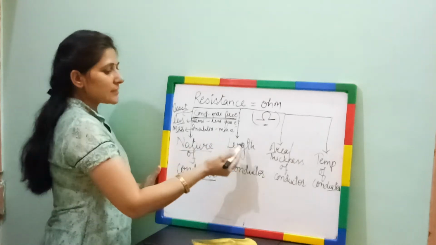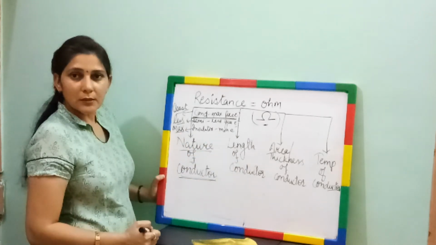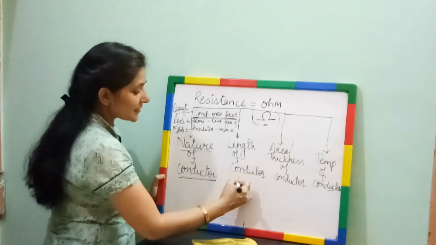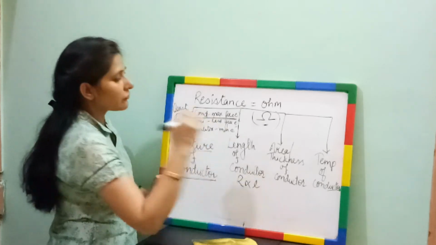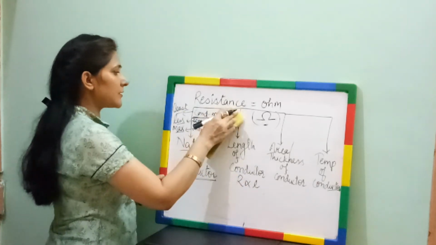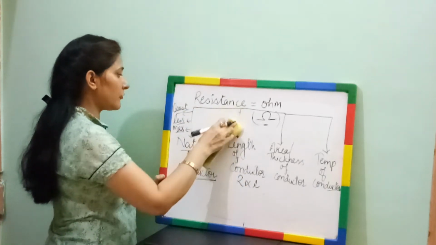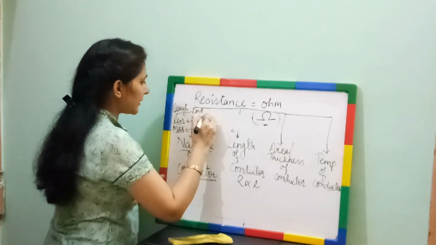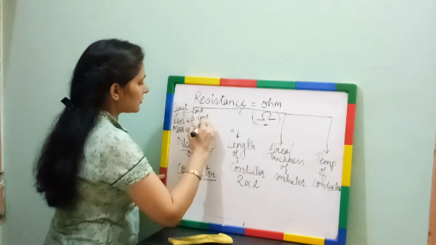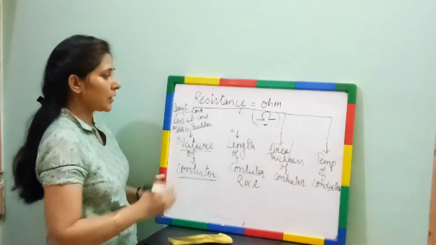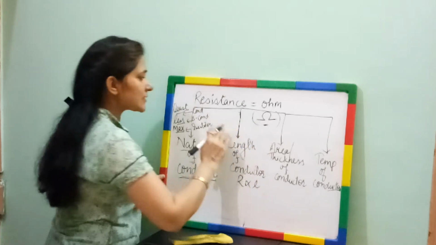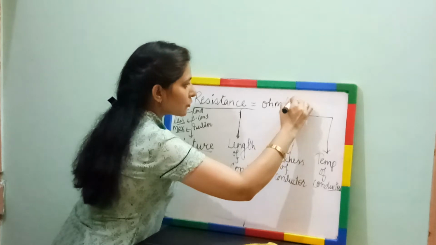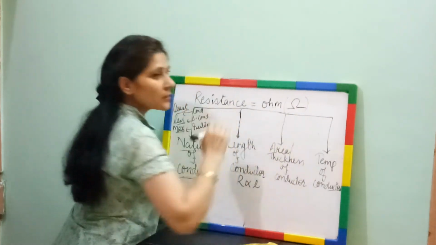Okay. Now the next one is length of conductor. How it depends on length of conductor. Resistance is directly proportional to length of conductor. Now to understand this term better, मैं आपको example देती हूँ. What will be that example? I'm writing here conductor. This is semiconductor, and this is insulator. To recapitulate, we need all these terms. Okay. Now I'll tell you how this length is related to this. To understand this, let us consider a road.